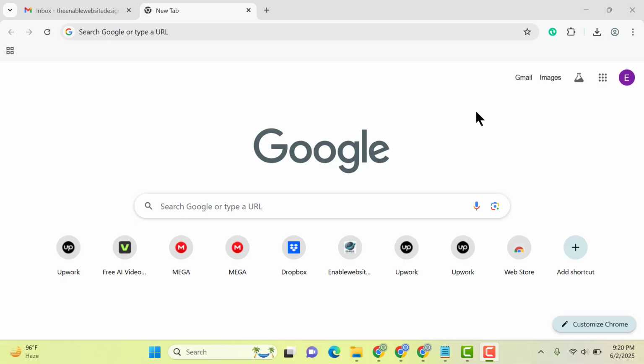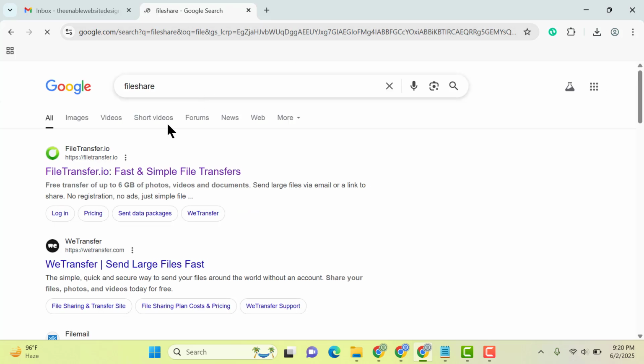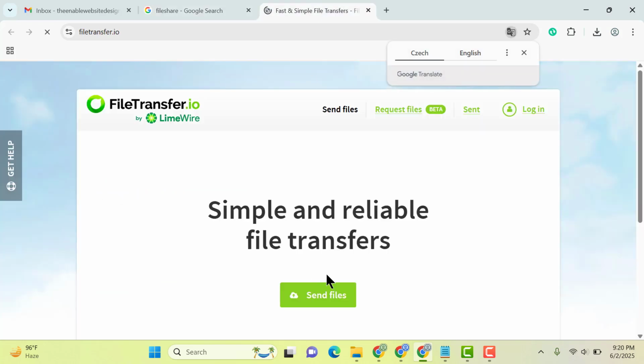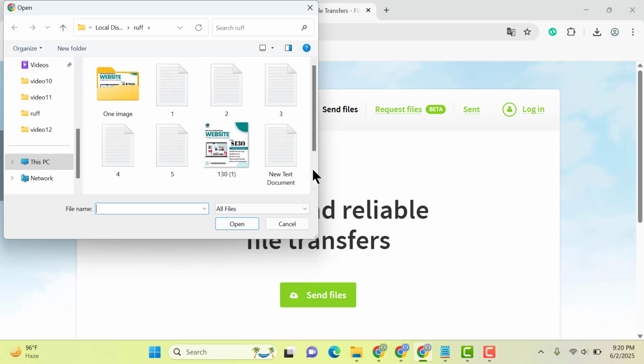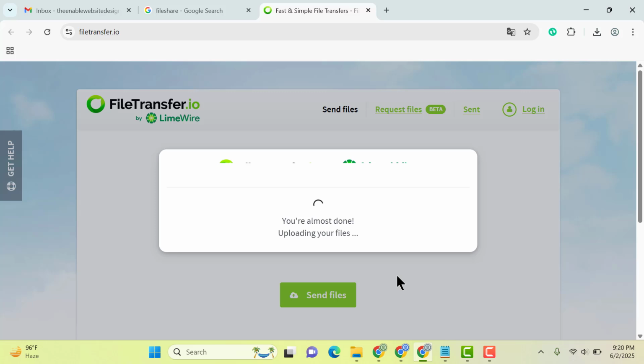In this video we are going to discuss how you can use FileShare to transfer your files. Let me type FileShare and you can go here, filetransfer.io, and now you can select any file from your laptop, then click here, and after that here you can see the file is uploading,